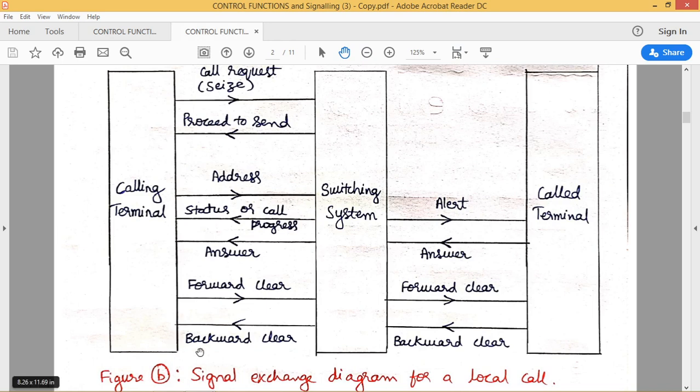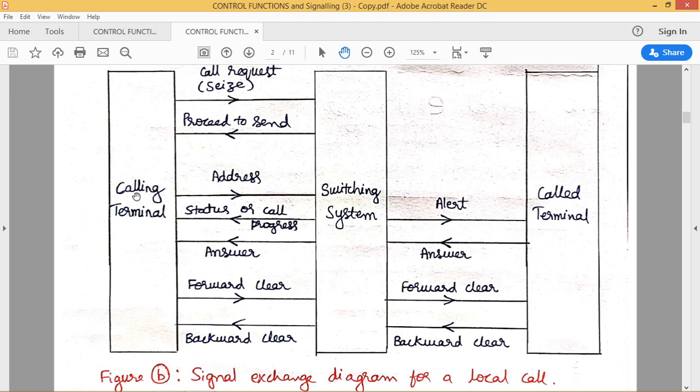As we can see here, this figure B shows the signal exchange diagram for a local exchange. So we will have a local exchange where I want to establish a call from the calling person to the called person or customer. This signal exchange diagram clearly defines how signals are transmitted from the exchange to the calling person as well as from the exchange to the called person. So initially, the calling person, that is the calling terminal,